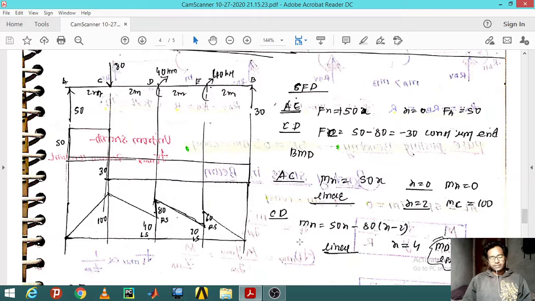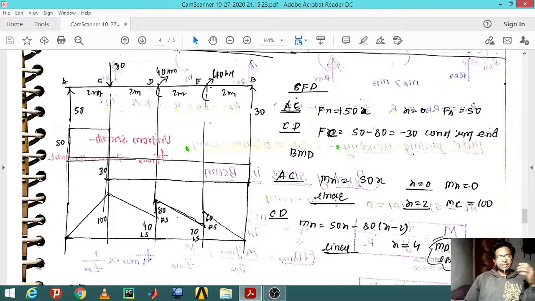We have already discussed the change in the shear force diagram. When the load is in the form of a point load, the shape of your shear force diagram changes from positive to negative, and while passing from positive to negative, it passes through the zero point, which we call the contraflexure. Similarly, the bending moment diagram fluctuates only when there is a moment, and in that condition we have to verify with respect to this example.